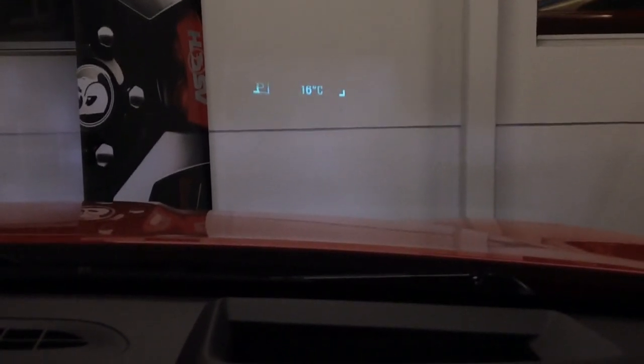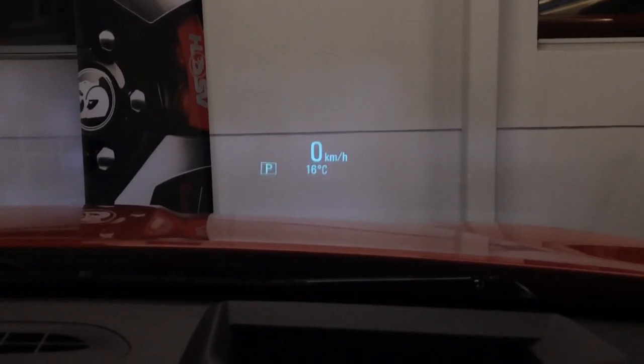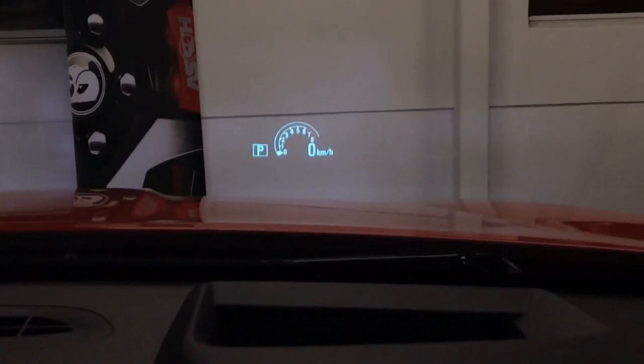You can actually change the height, as you can see there, and you can also change the settings of what's actually shown in the actual setting system itself. So you can adjust the dim and height, and then with the center button you can change what's shown on the actual vehicle. So that one gives you a rev limiter,